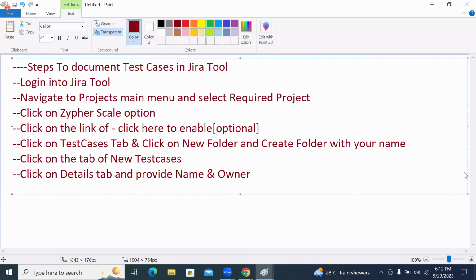You need to click on detail setup and provide name and owner. Okay. After that,